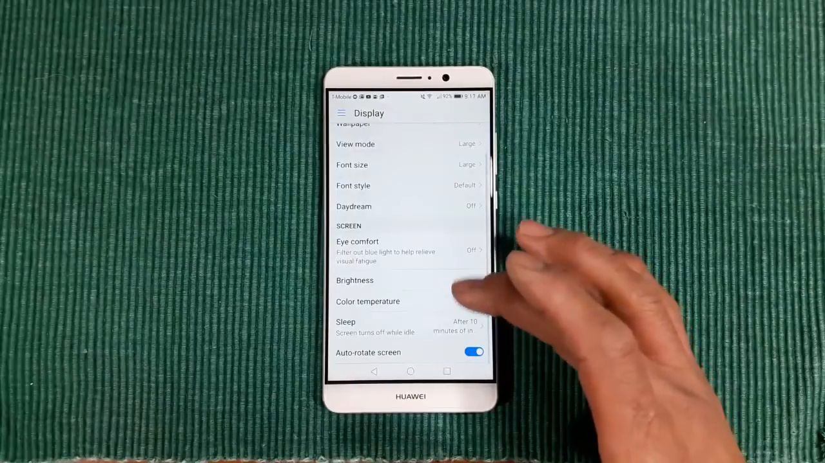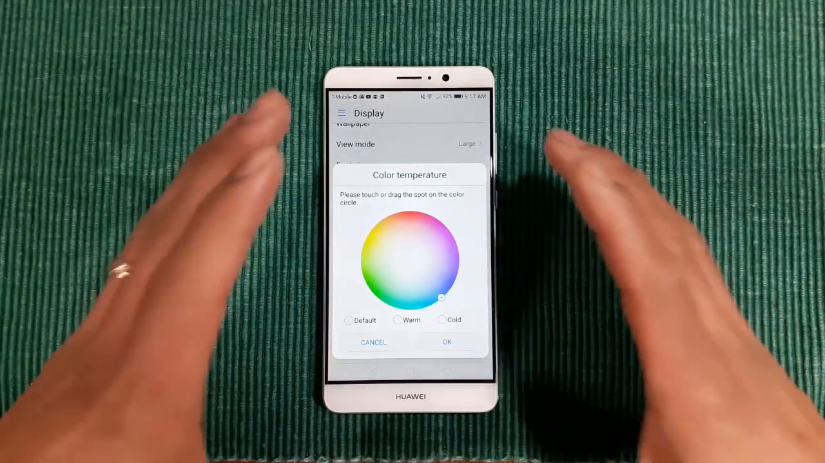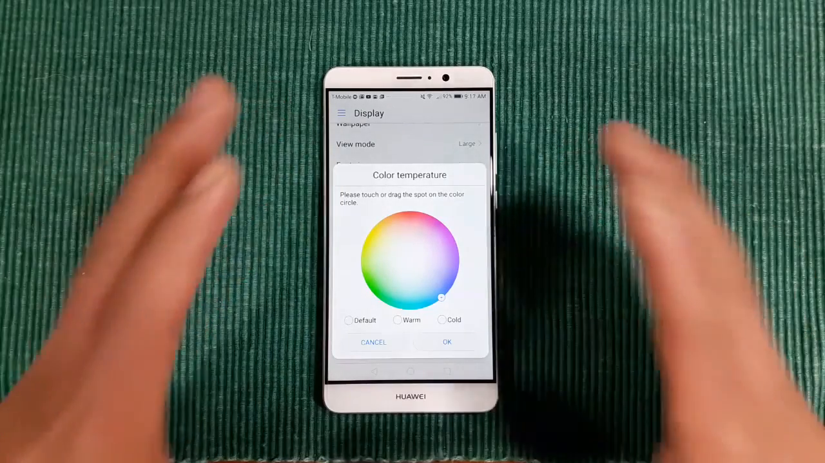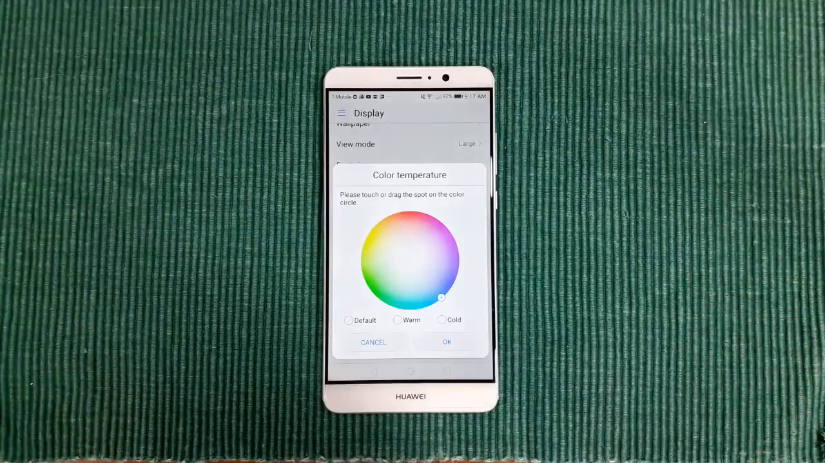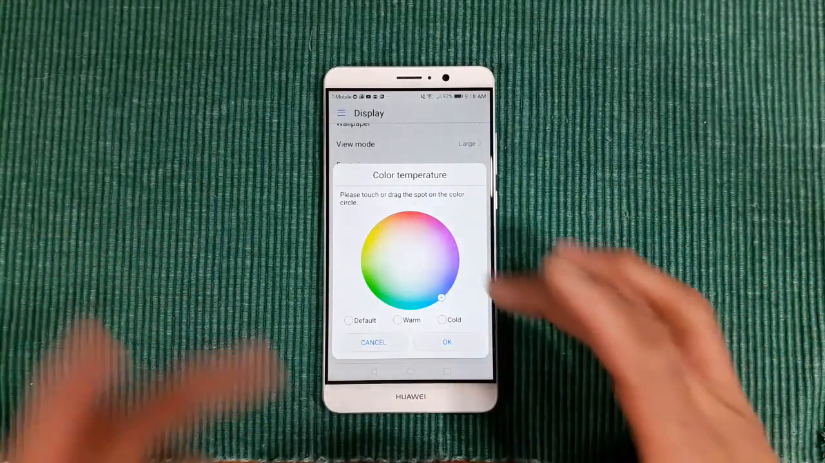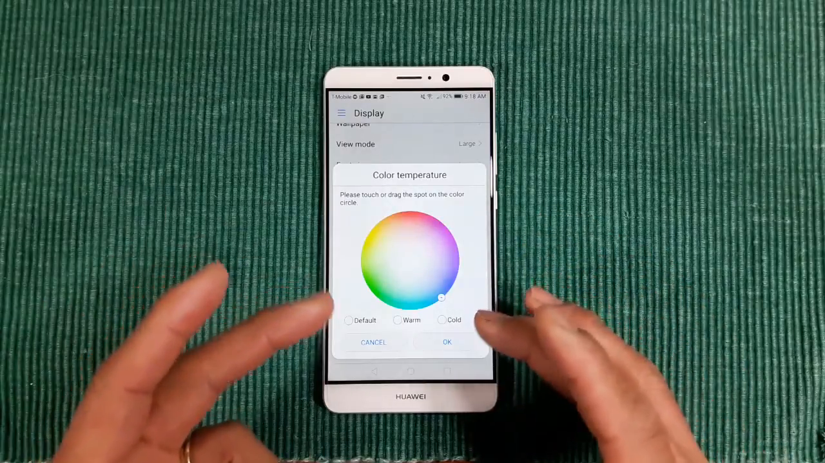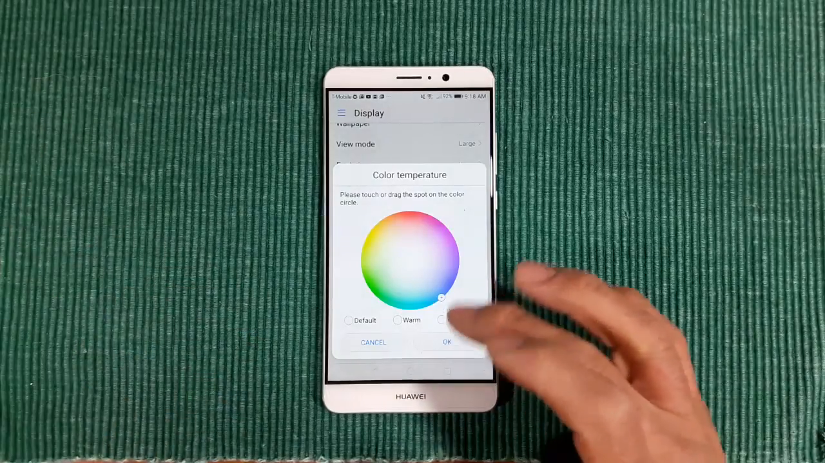Brightness, color temperature. So you can have default, warm, or cold. This display already is vivid, sharp, and clear. Again, it's IPS LCD, but it really visually looks like you're staring into an AMOLED display, but you can actually mess with that a little bit and make it that much more punchy or less punchy, more true to life with the warm area there. But cool